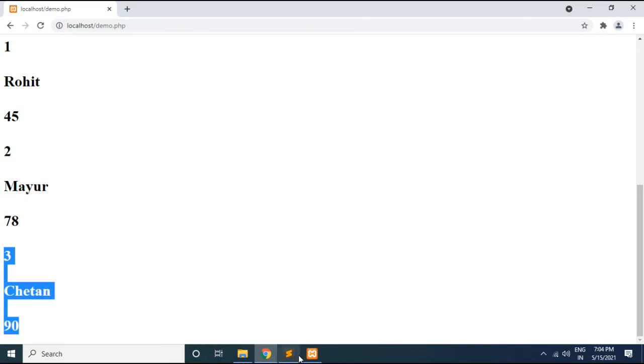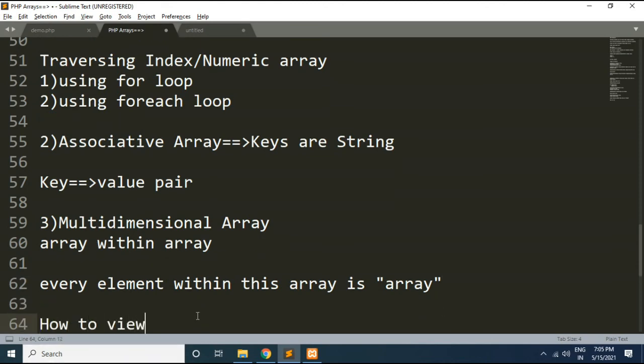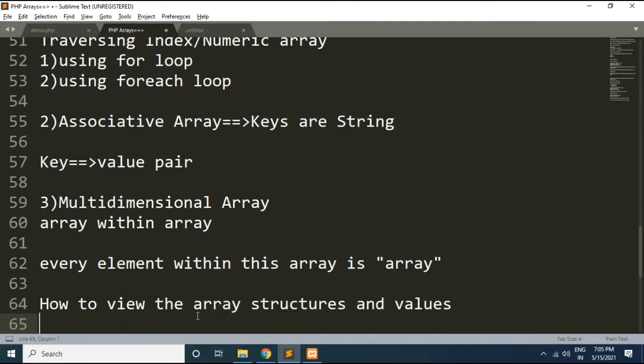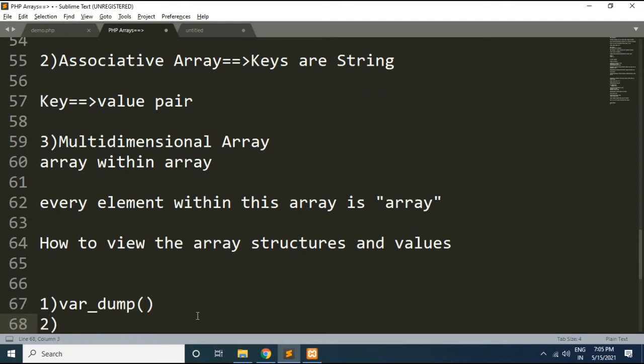Now next thing we will try to understand is how to view the array structures and values. Friends, there are certain built-in functions available which help us to view the array structure and values. So in this list, the first function we have is the var_dump function, and the second function we have is print_r.